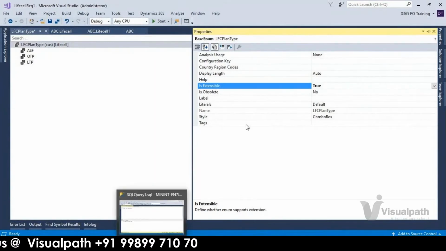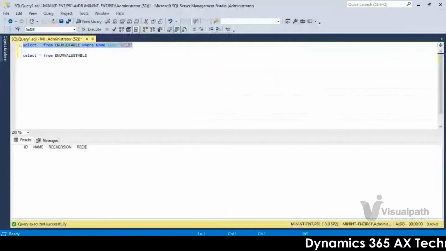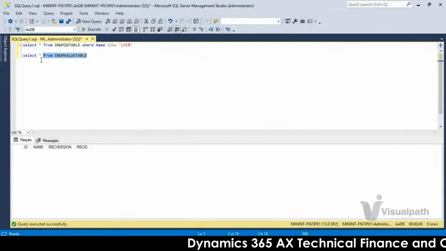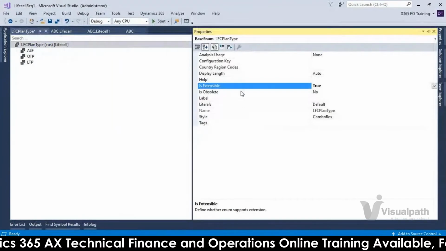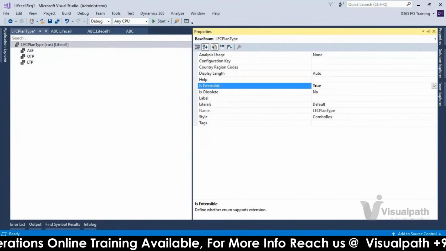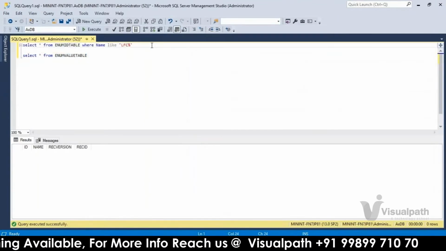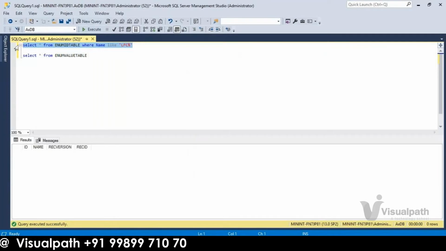If you make this extensible as true, that will be maintained in the enum value table. If you make this extensible as false, that will be maintained at the XML file level. But the ID table will have all the base enums you are creating at the application level.